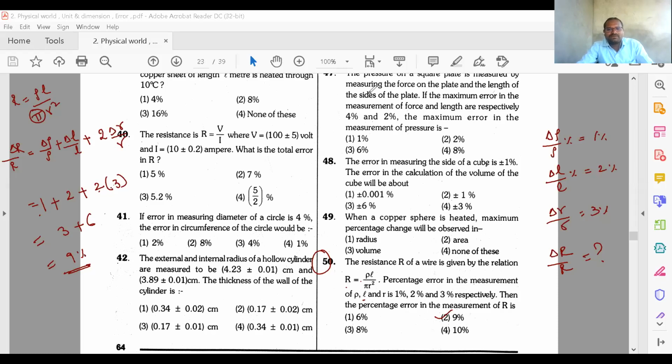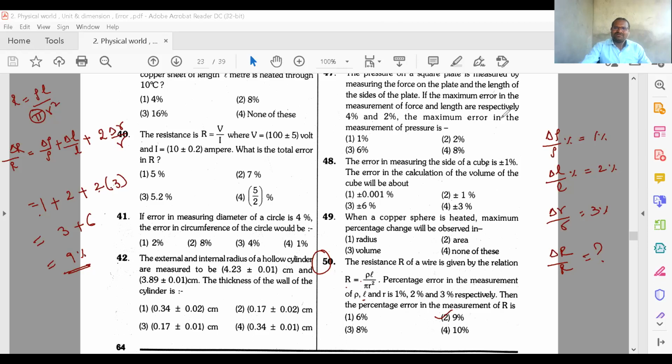Are you understanding? This type of questions, practice more. Tomorrow, Monday, we are taking one exam, so practice more of this type of questions. If you have any doubt, just instantly send me a message. Definitely I'll send an answer for that within time. When you are preparing, if you get any difficult question, send me a screenshot of that question and I'll send a solution for that.